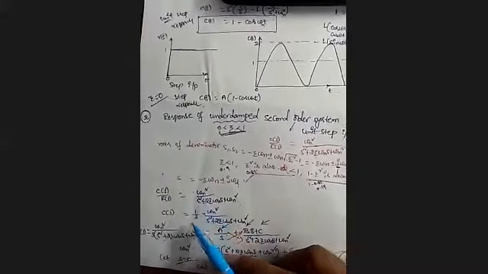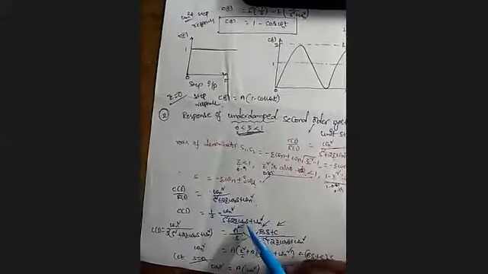R of s equal to omega n square by s square plus 2 zeta omega n s plus omega n square. Here the input is a step input, r of t equal to 1 and r of s equal to 1 by s. Then multiplying with r of s, 1 by s into omega n square by s square plus 2 zeta omega n s plus omega n square. So the characteristic equation s square plus 2 zeta omega n s plus omega n square equal to 0, and then we will get complex conjugate roots.